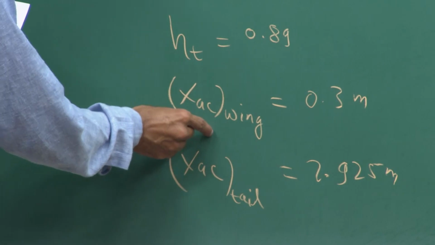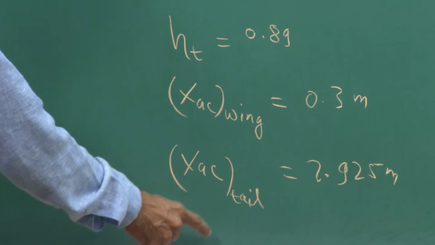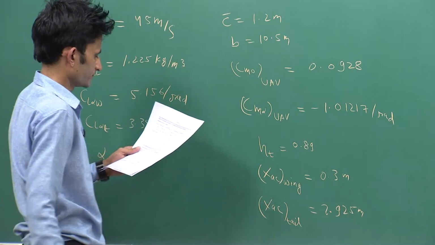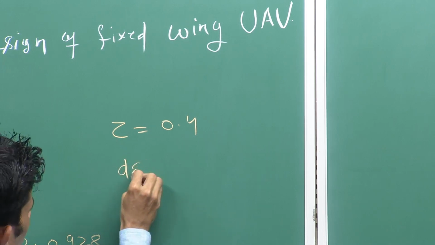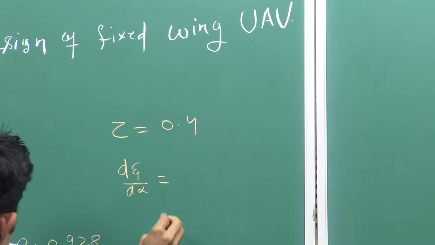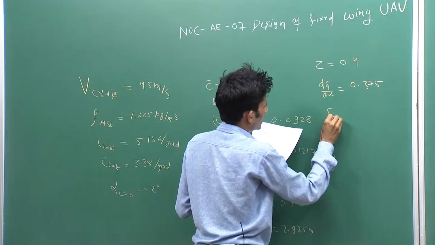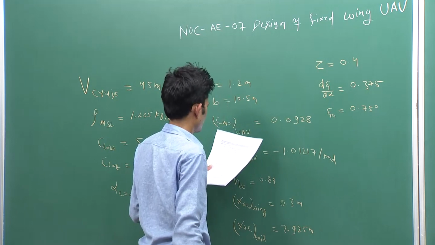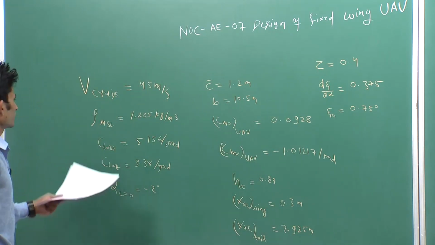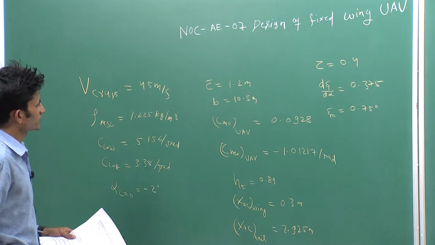So this XAC is nothing but the distance from wing leading edge, and this XAC tail also from wing leading edge. Tau is given 0.5, dou epsilon by dou alpha is given 0.375, epsilon naught is given 0.75. With this information, it is given that effect of the fuselage on the stability is negligible,